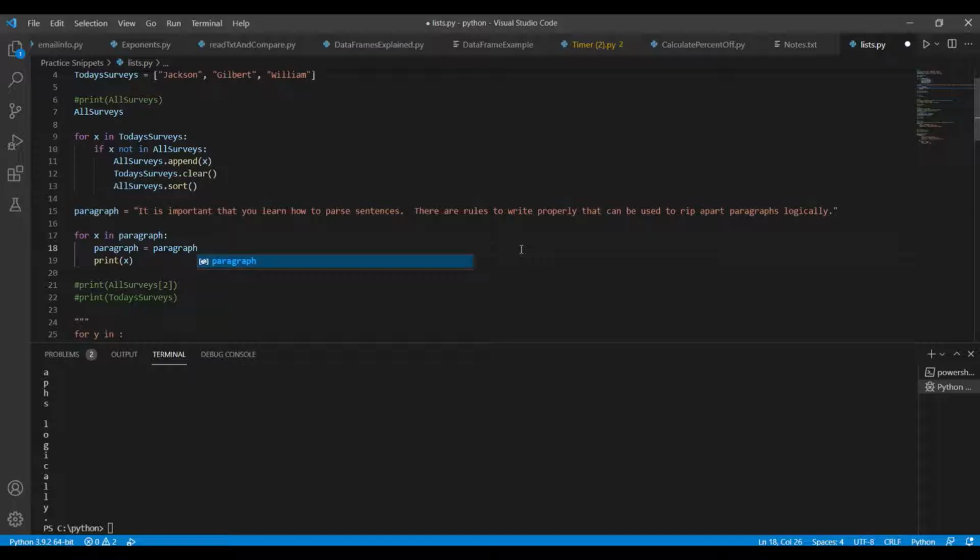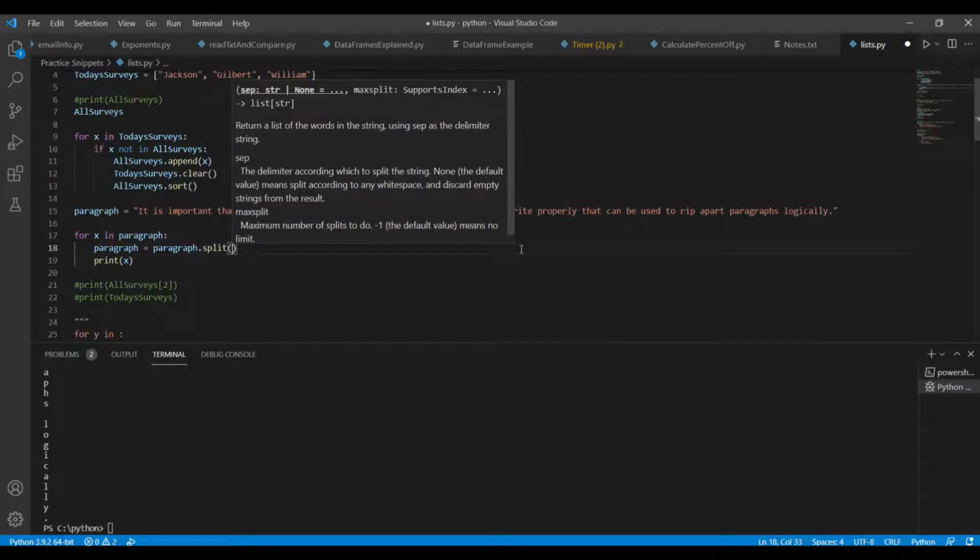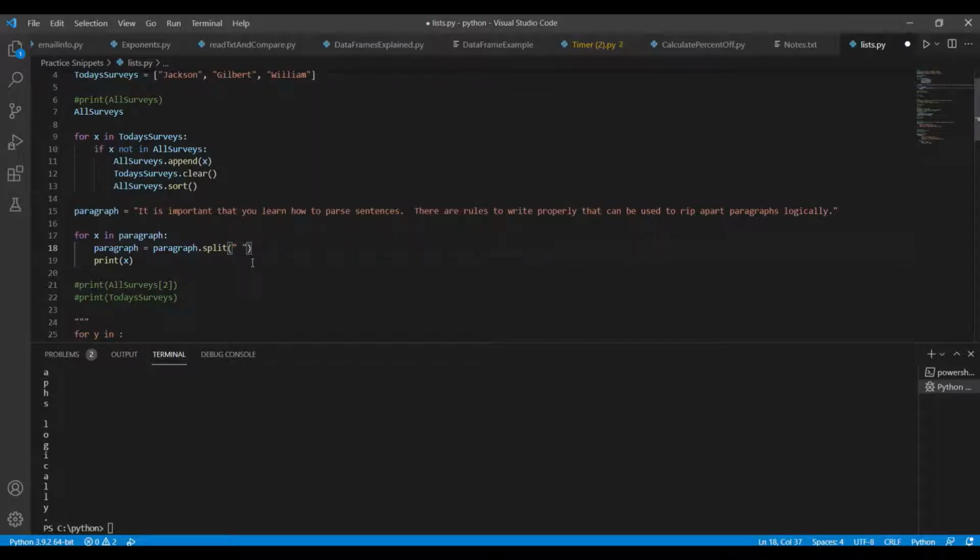So paragraph equals paragraph dot split, and let's say we just want it on the space. So we're going to do double quotes, with a space in the middle of those double quotes. And now, because paragraph equals paragraph dot split, we're going to say for X in paragraph. This is not going to work out well because it's going to be,